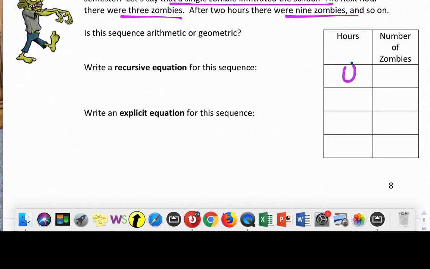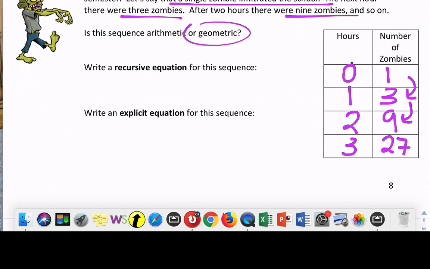All right, so starting value there was 1 zombie. After 1 hour there were 3 zombies. After 2 hours there were 9 zombies, and so on. And so if you notice, we're not adding every time, we're multiplying, and we're multiplying by 3. So this would be 27. This is geometric. The recursive equation, so for this one right here,